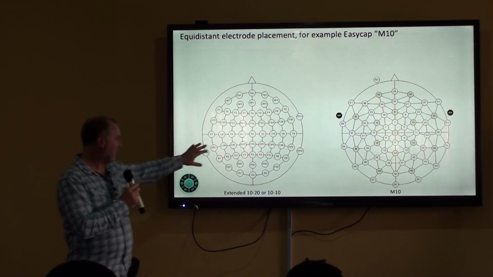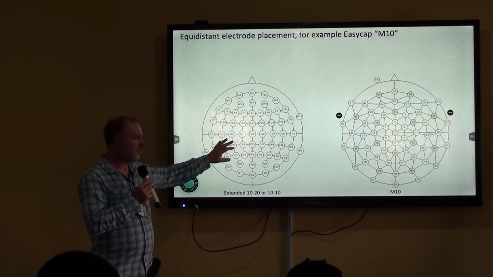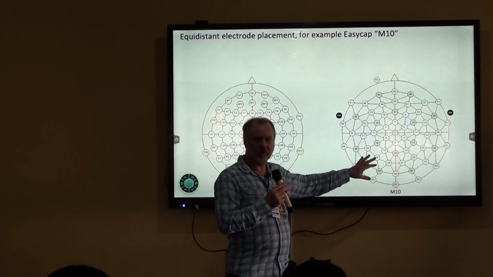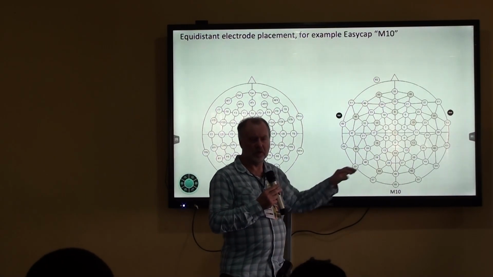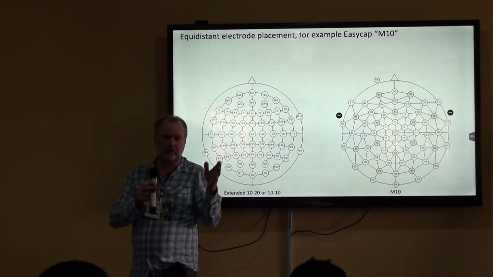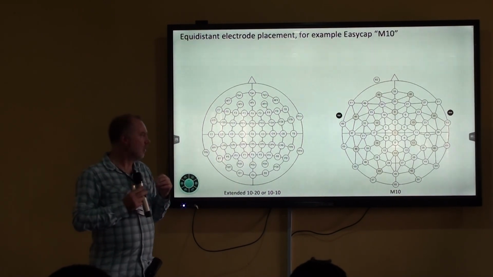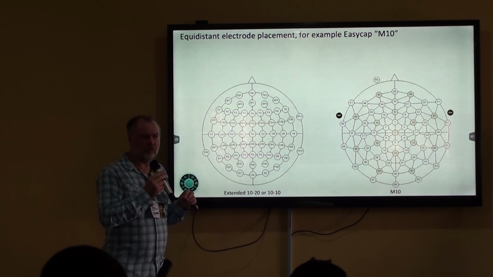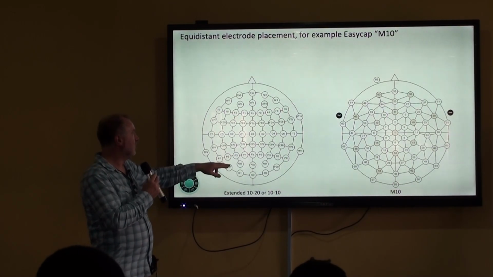So this is the extended 10-20 or the 10-10 system as we know it. And this is another way of placing electrodes. So this is an equidistant cap. Yesterday I showed in the video that we have different boxes with different caps in our lab. Some people prefer to use these, some people prefer to use these. What you can see with this placement scheme is that